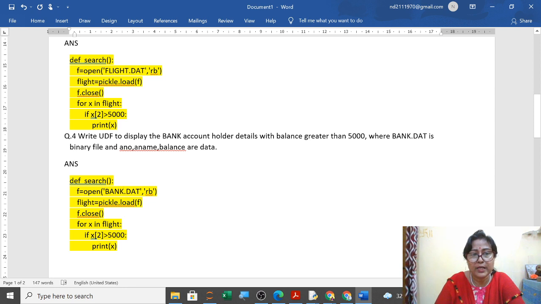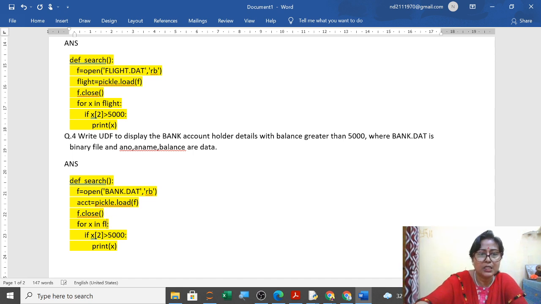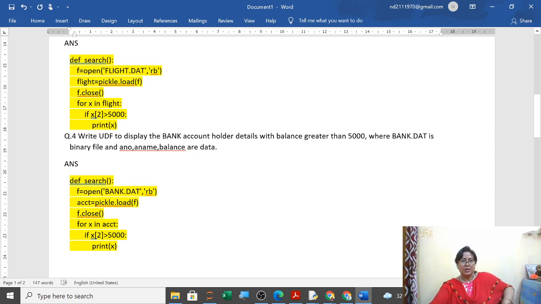If you want, you can change this name. Suppose instead of accession number you are writing account details, ACCT I have written, suppose account holder details. So here also you have to make that change. So instead of flight, it will be account. Understood where you are making the changes?